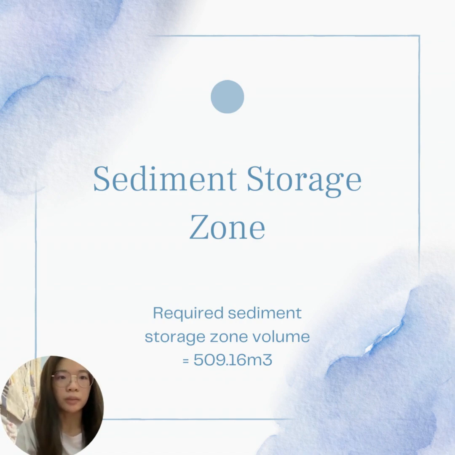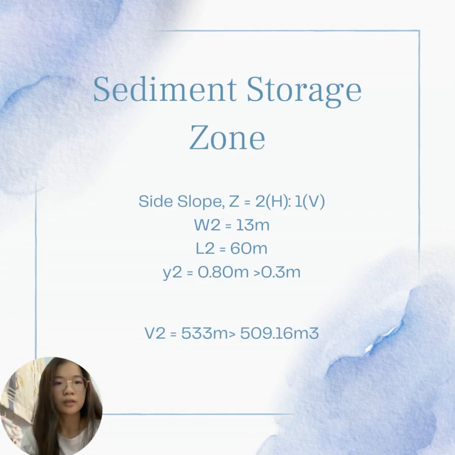Then we need to determine the sediment storage zone. The required sediment storage zone volume equals 509.16 cubic meters. For the sediment storage zone, the side slope equals 2 horizontal to 1 vertical. W2 equals 30 meters, L2 equals 60 meters. Y2 equals 0.8 meter, which must be greater than 0.3 meter. V2 equals 533 cubic meters, which must be greater than the volume required,